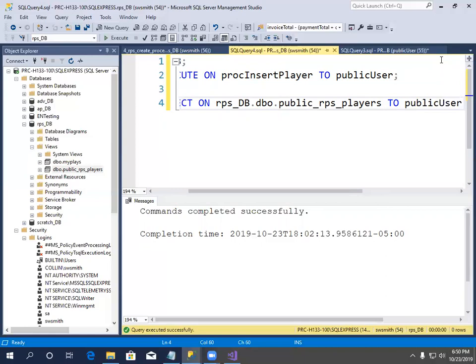So this is really my first level of defense. This is my primary level of defense: I'm not going to give anybody any access. You first have to get into the database, and I'm only going to let you into the database just far enough to where you can execute stuff. So you get to run the stuff that's on the web server. You can go to the web server and run the Visual Basic stuff, and pop up this wonderful little screen that says insert player. And therefore, this user, which is public user,